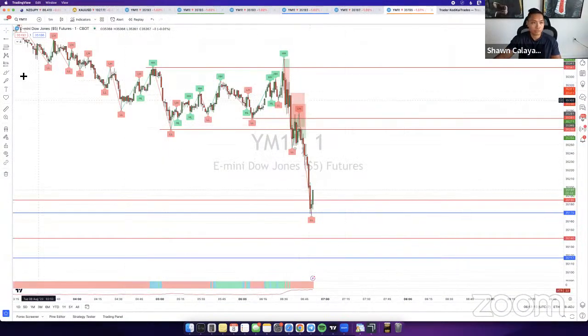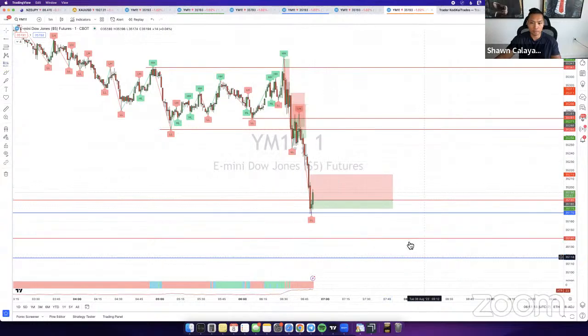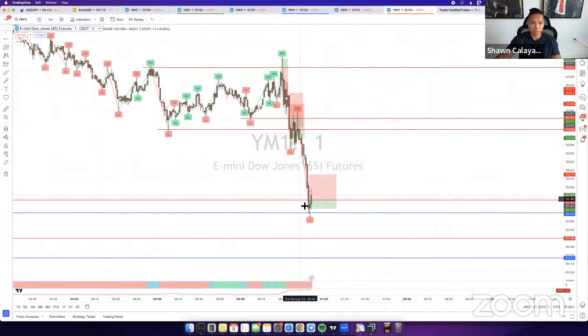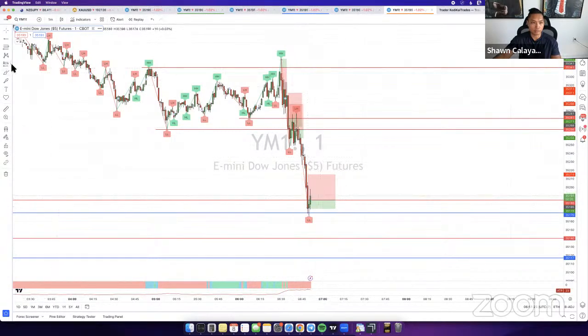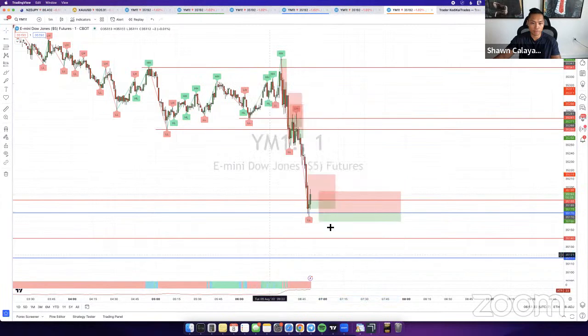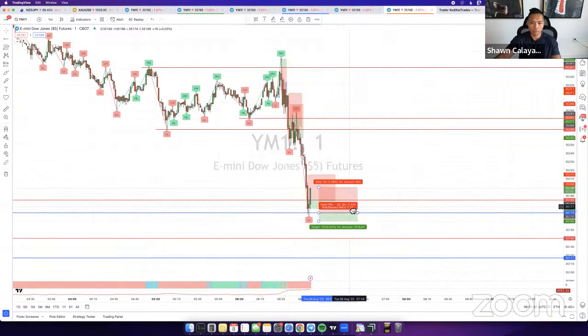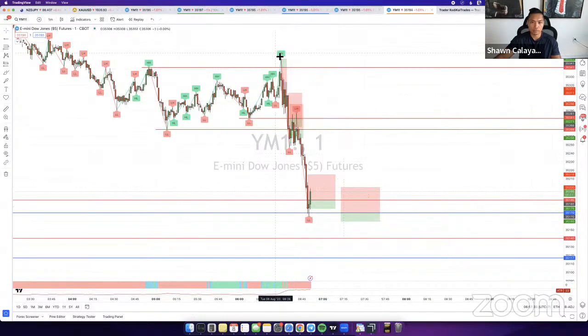The next level right here just got hit, guys, the red one. Thanks, Kenneth, for mentioning. I don't know if anybody caught it, but the next level right there just got hit. I wouldn't go for the blue one yet, because as I mentioned, go for one level at a time, let price retrace up. And if it comes back down, then go for the next level. So right here, I would probably just wait for it to come back down for the retest. And then when it does, you can go for that next level down below. But pretty much all the levels here got hit. So we got this level up here, 1, 2, 3, 4, basically 4 levels hit already.